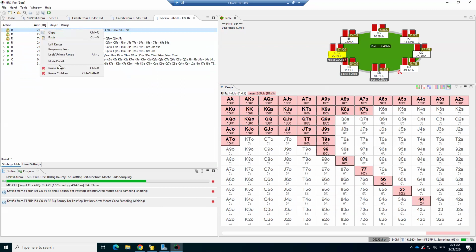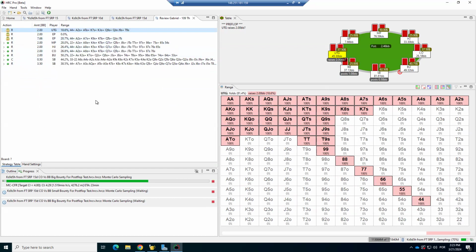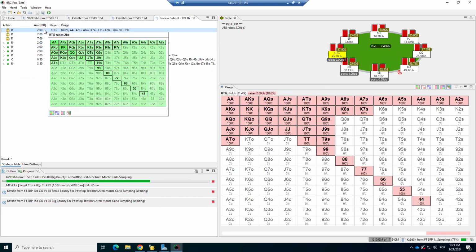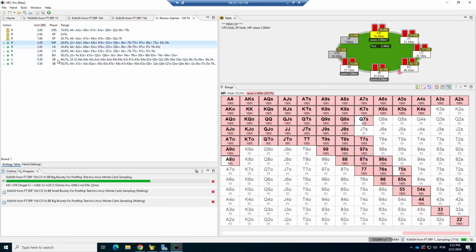Don't use the prune action if you need more space, more RAM space, in your sim. And if you don't need the UTG and the EP nodes, you can use prune children. So I ran the sim. This is the sim runner, right? And now let's start to do